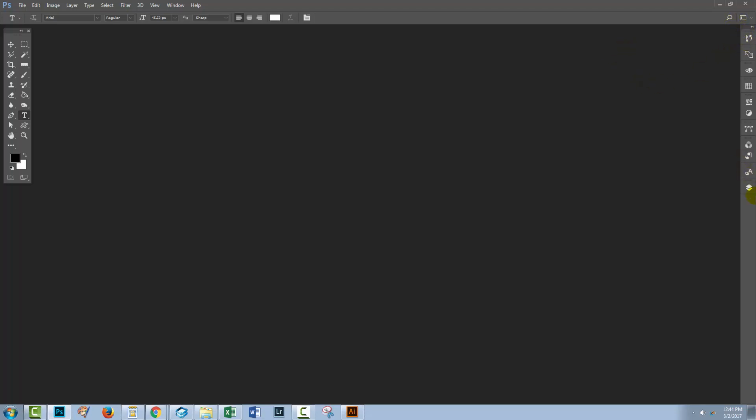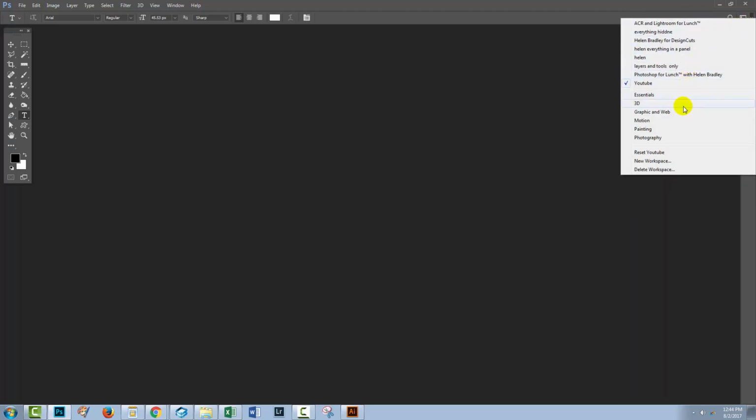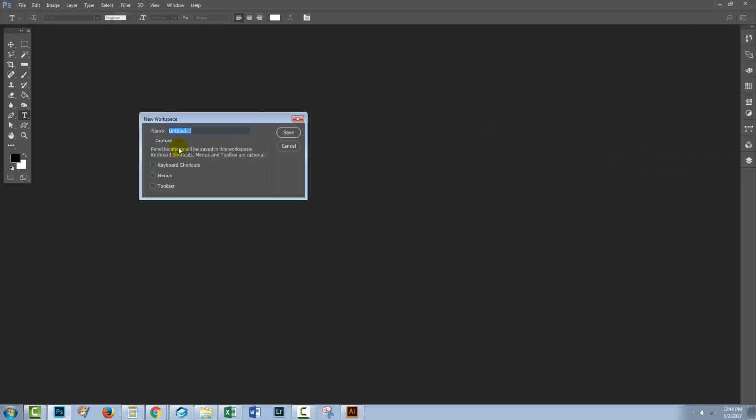Now, if you want to make changes to this one, for example, I might say, well, I don't really want these two panels, so I'm just going to get rid of them. And so this is what I want my YouTube workspace to be. I'll click the drop-down list and there is no option for updating the YouTube one. So what I have to do is just look and see how it's spelled, and I'm going to choose New Workspace. And I'm going to type in YouTube